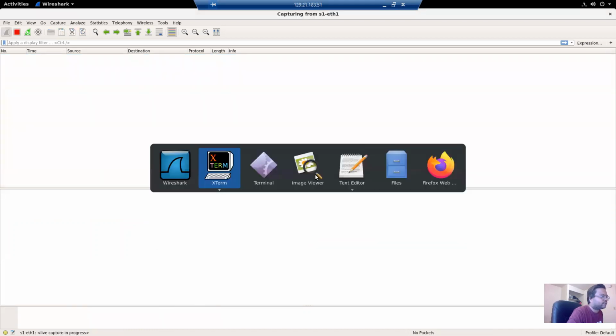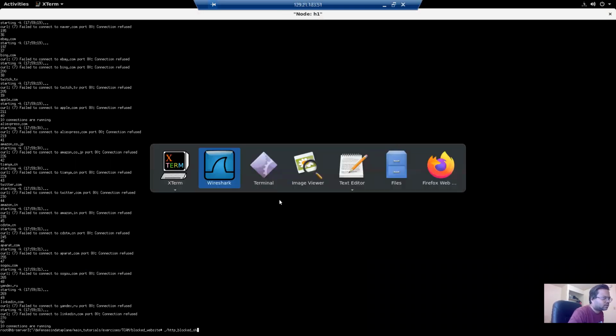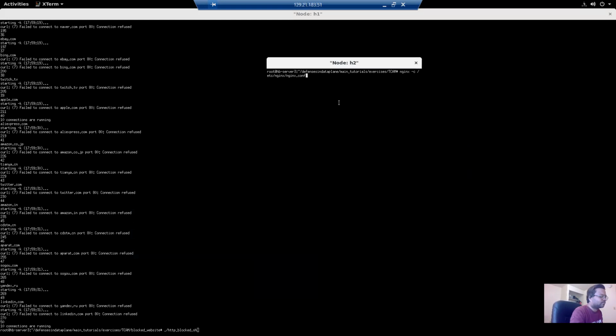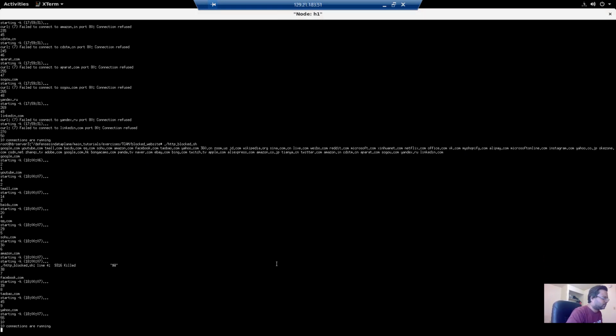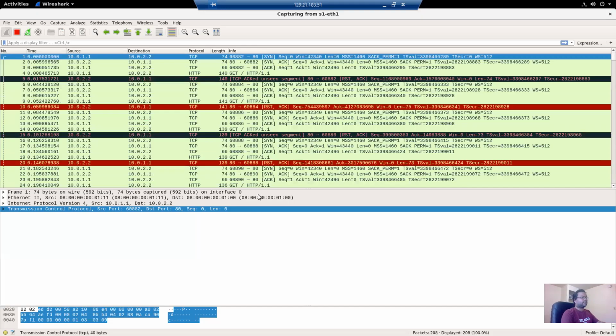Close without saving. Let's have a fresh start. It was my mistake, sorry, I forgot to run the Nginx server. Now it's running, I guess. Let's check. Okay, now let's check Wireshark for the details.